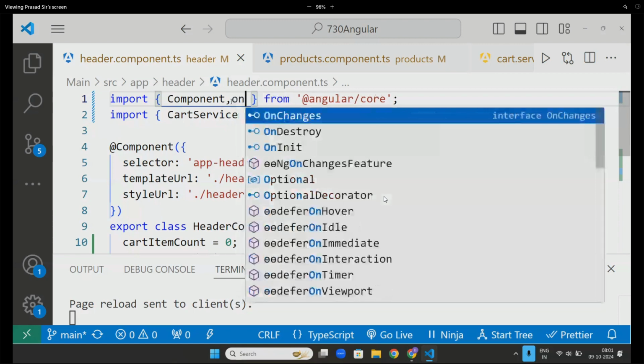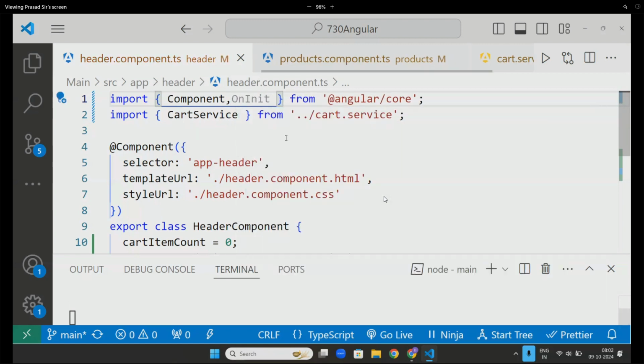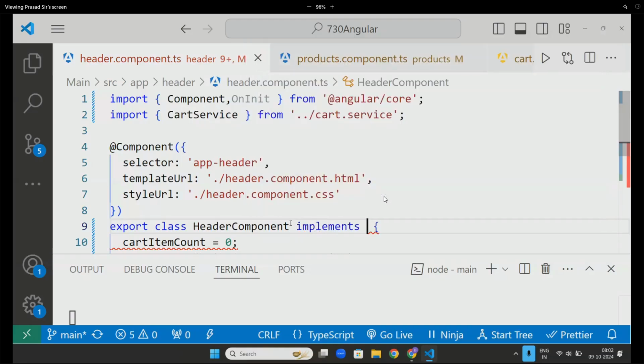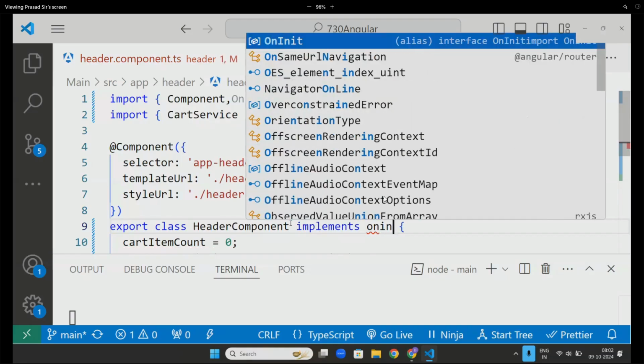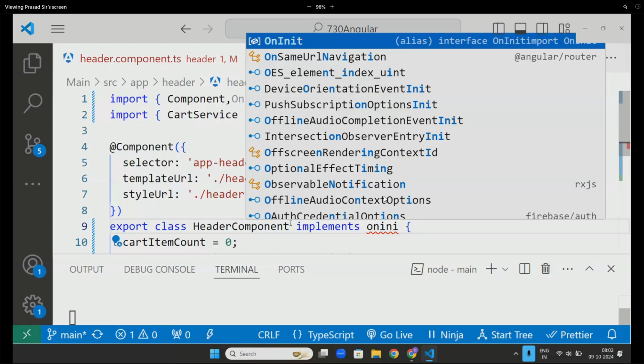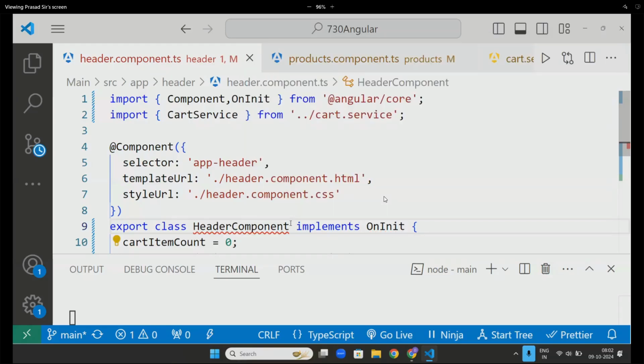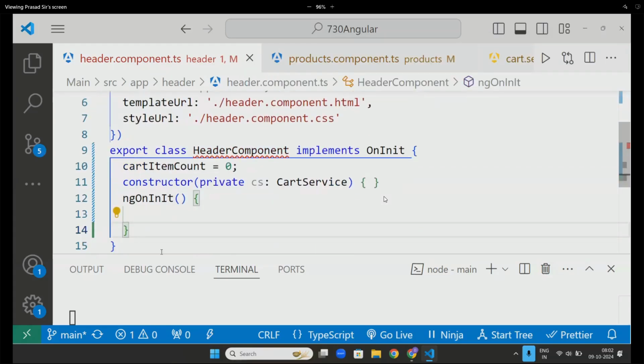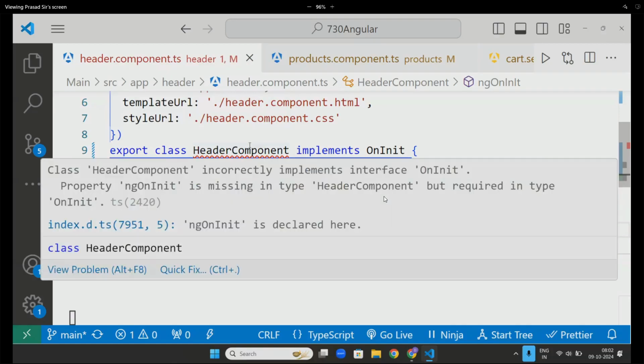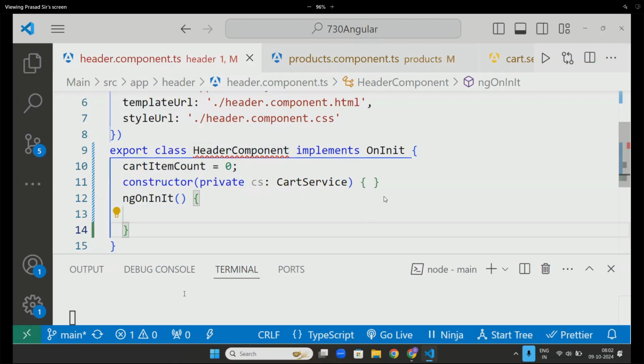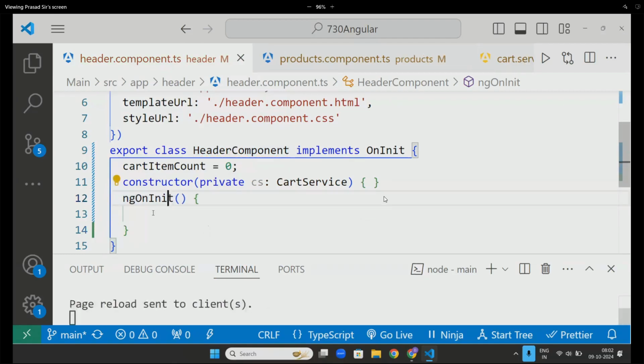So write it here: implements OnInit. ngOnInit, here the I is small. That's it. So automatically it will work, sir.